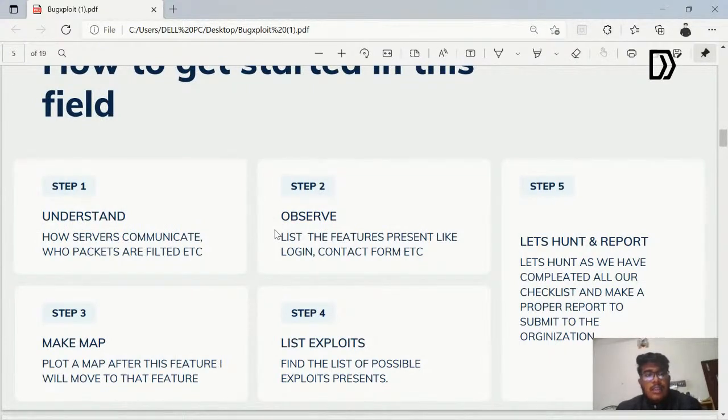First you understand the things, then you observe the thing, and now you plot a map. Like if I got a contact form, there can be possibilities of OS injection, there can be possibilities of XSS, there can be possibilities of request tampering, there can be anything, there are many vulnerabilities. Mentioning some of this. So why I'm telling you to make a map, like what's happened, which I see the most common problem of children's